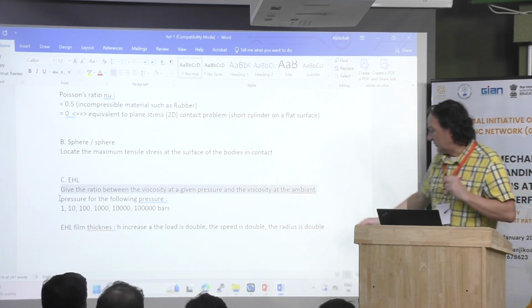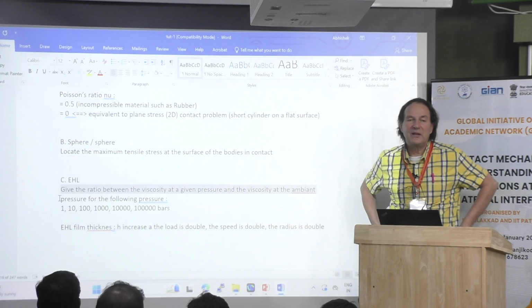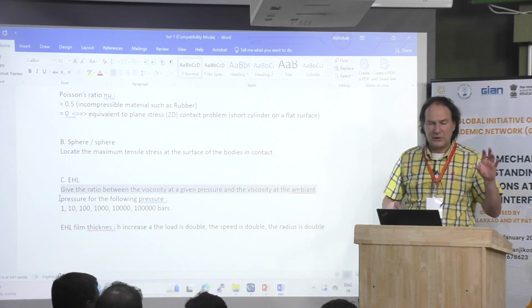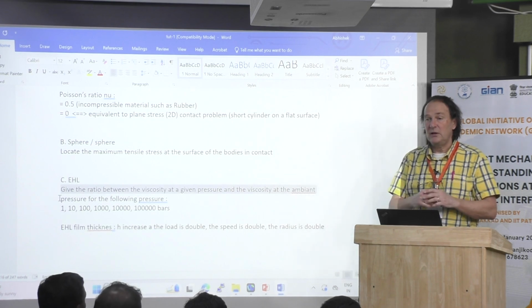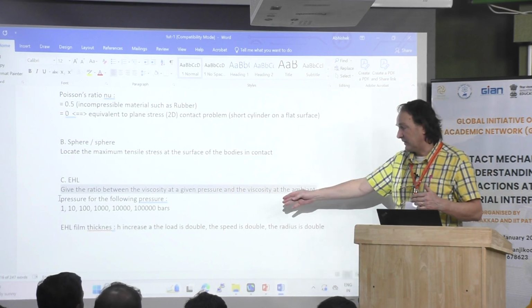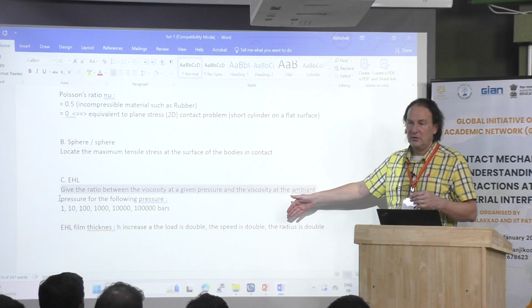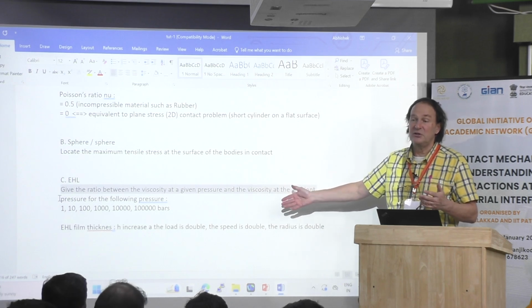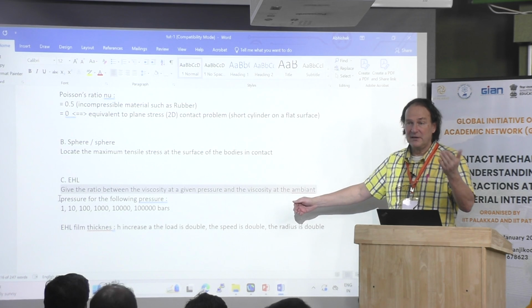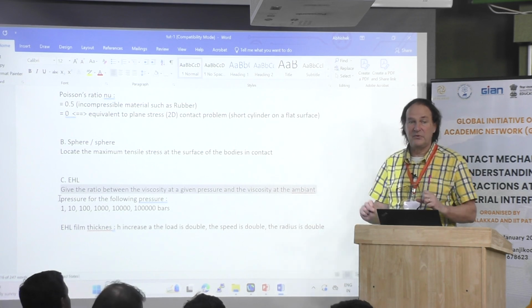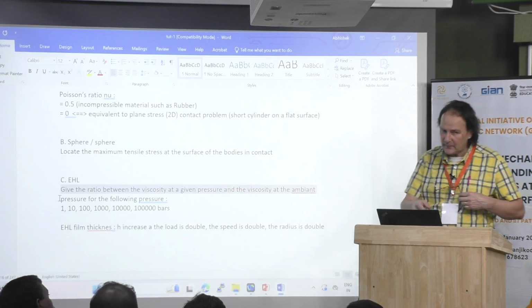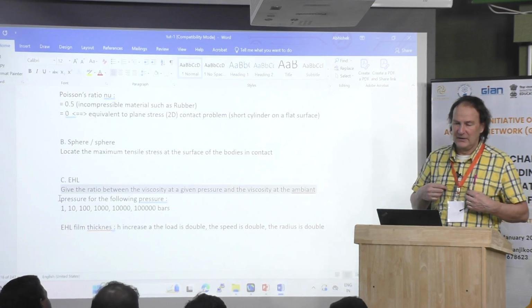And the last small exercise is what happens when you calculate the film thickness. You can take whichever formula I gave you, and you just try to see the effect of the speed, the load and so on, how the film thickness is changing. If you multiply by 2 or by 10 the load or the speed or the material parameter, what is the effect on the film thickness? Okay. I will do the same by myself.